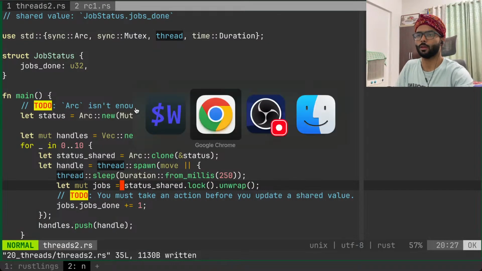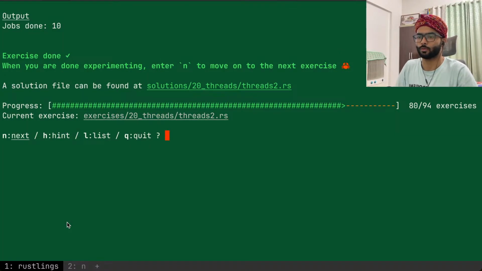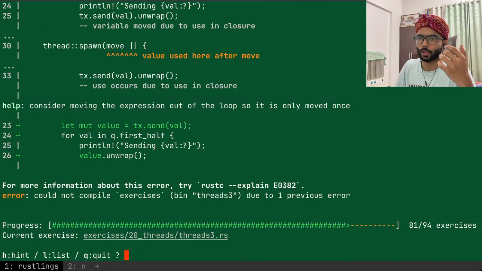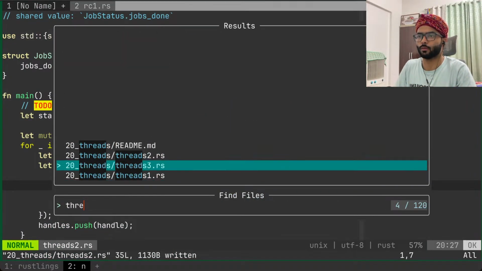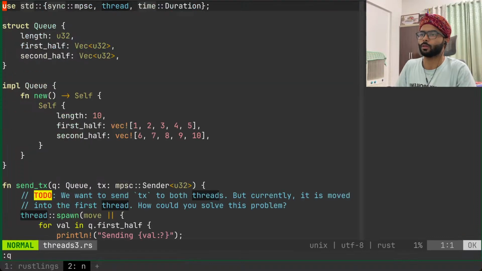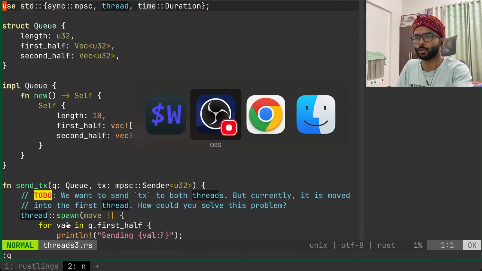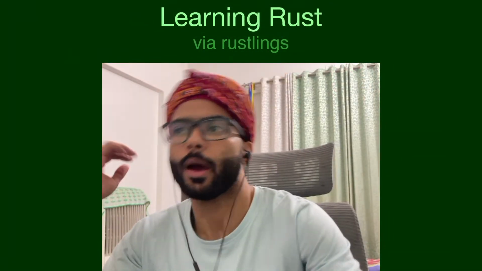Now, yeah, let's take a short break of like 5 minutes, and we'll start on threads, and then we will go to threads 3. Okay, let's look at threads 3, and we will start here. Yeah, let's take a short 5-minute break, and then we will start. We are back,